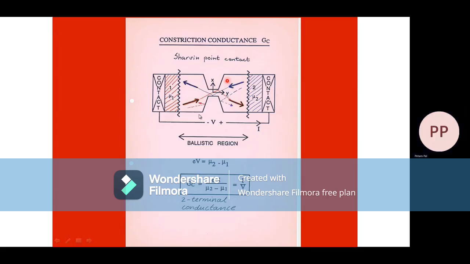However, the process of giving away energy and losing energy down to equilibrium